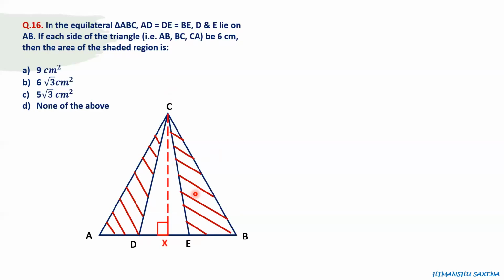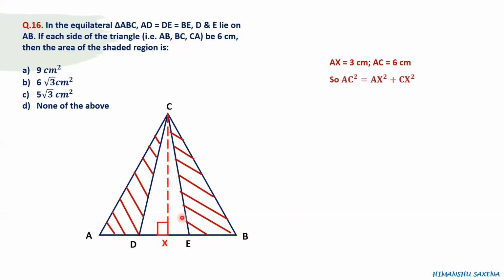Now, when you have to calculate the area, you first have to drop a height or an altitude, because the area is half base into height. So we dropped an altitude which meets the opposite side at X. Now CX is the height, so we have to calculate the value of CX. Here AX is equal to 3, because in an equilateral triangle, when you drop an altitude, it also acts as a median. So the opposite side is divided into 2 equal halves. So AX is equal to BX is equal to 3, because this whole side is 6.